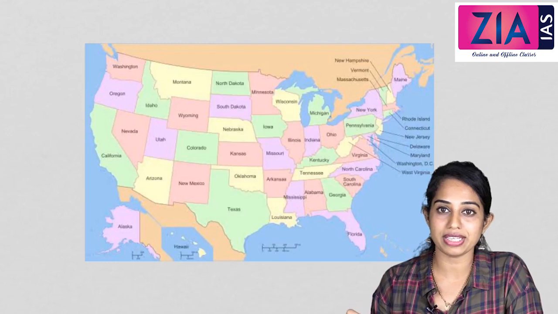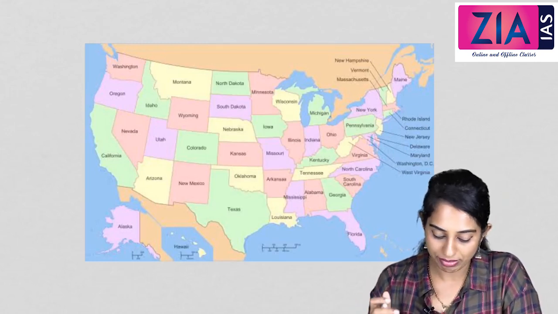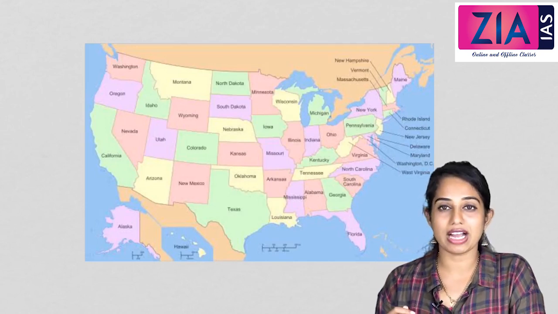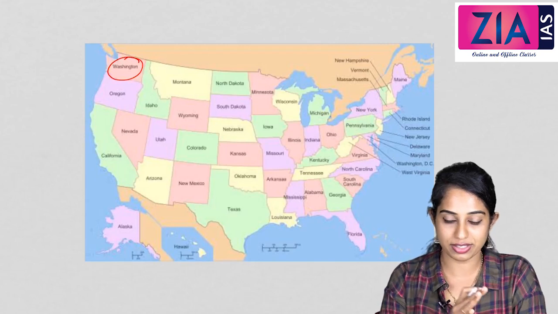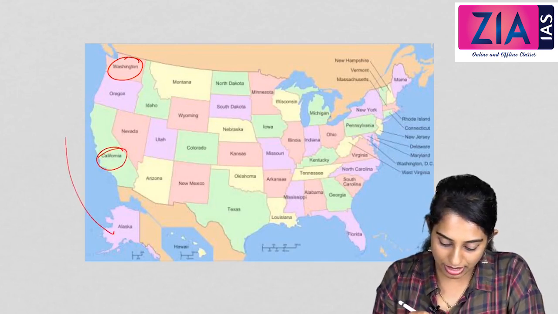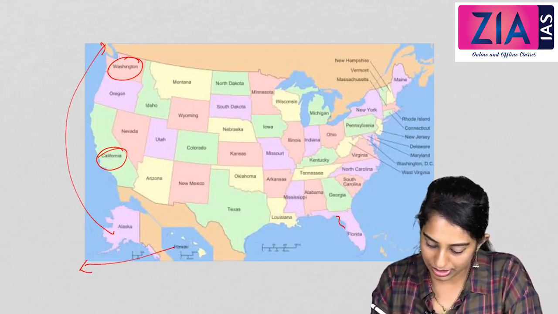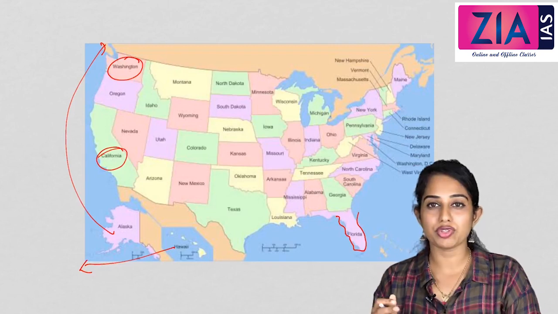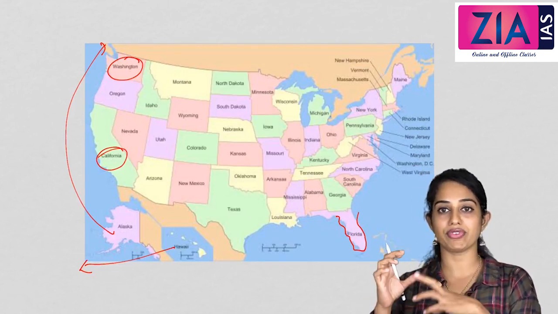Okay, and 49th state is Alaska and 50th state is Hawaii Islands. We'll come to that later. So with regards to this 50 different states, we can see here Washington is there in the western coast of the US continent and California we have, and Hawaii, Alaska actually comes here and Hawaii comes here. Okay, we have Florida here. Towards the southeastern part of the continent or from the US we can hit Florida.